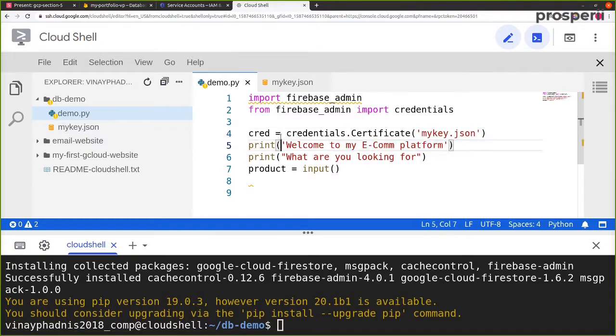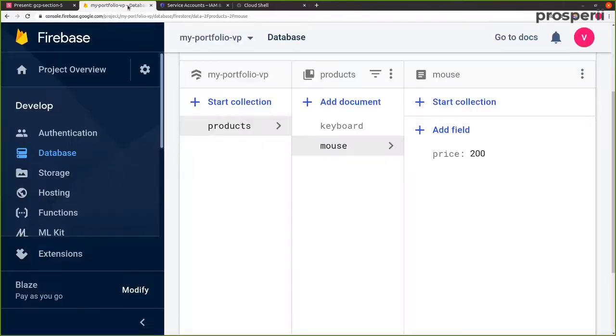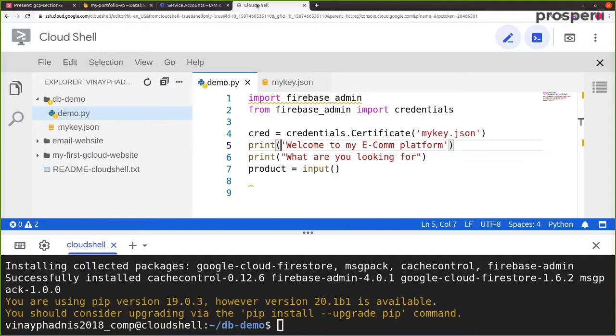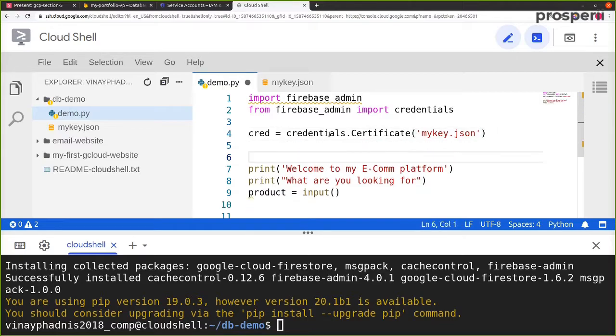and it is very important to protect this key file, because if anyone uses this particular key file, then they can have access to your particular Cloud Firestore. And if you have created a very big e-commerce platform, then you don't want anyone to come on your website and simply start modifying the products that you have. So over here, we have created a variable called credentials or cred. And now we want to initialize the Firebase app using credentials.